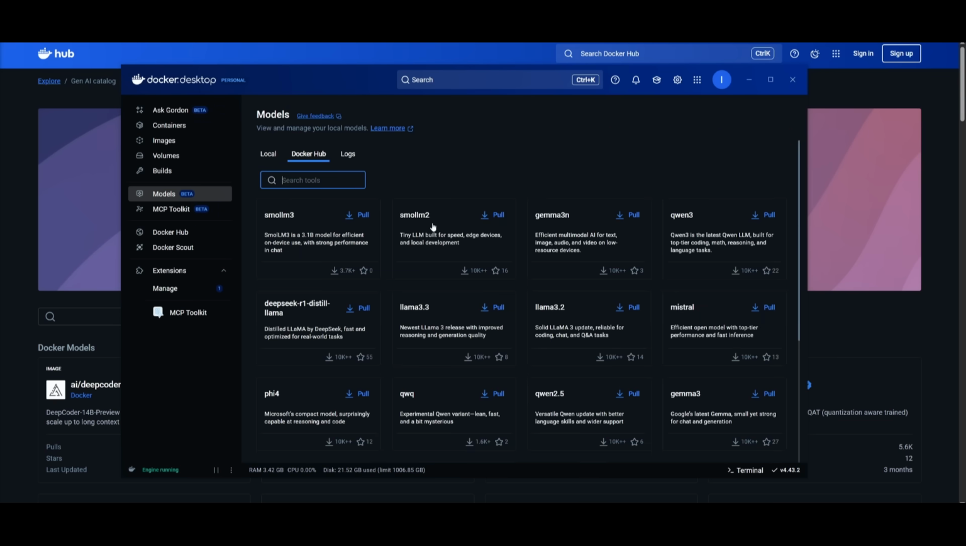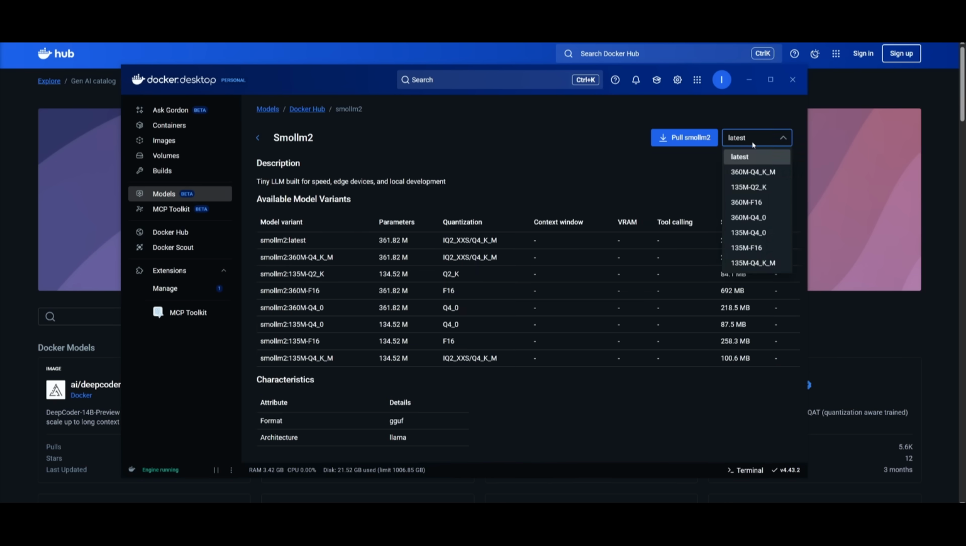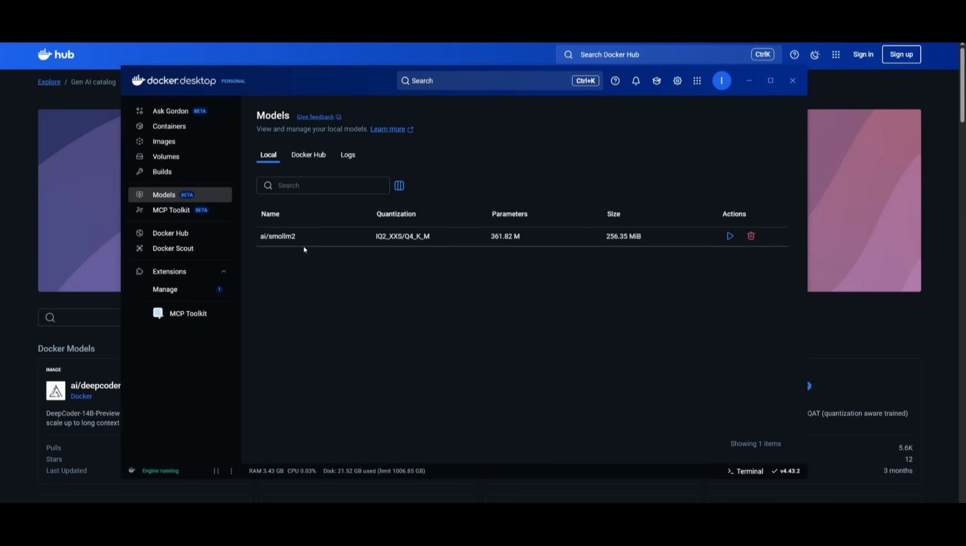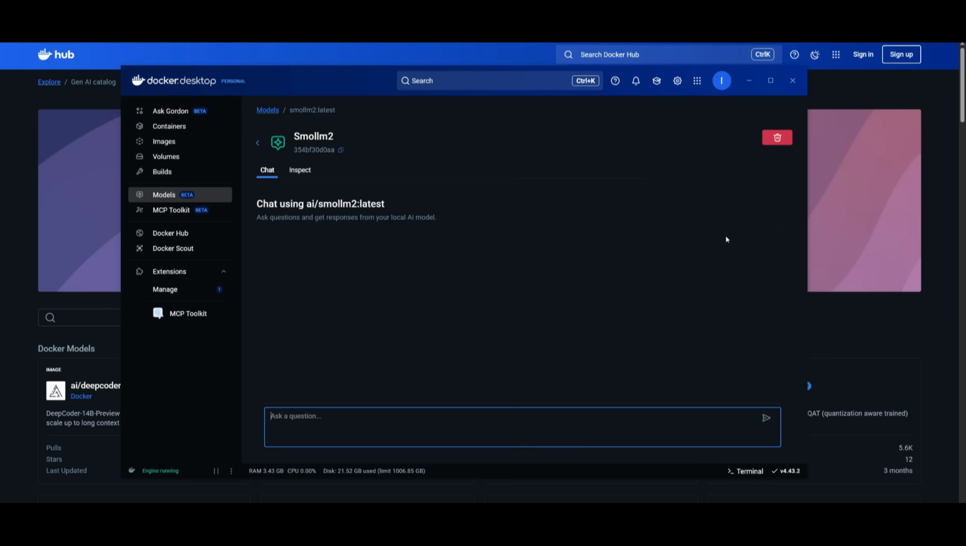So in this case, if I'm going to be installing this SmolLM2, I can select the latest version and click on pull, and it's going to easily install with a single click without me doing anything. And there we go. Just like that, we now have this new SmolLM2 model fully running. Now, what you can do is simply click on run, and you can start using the chatbot within Docker Desktop